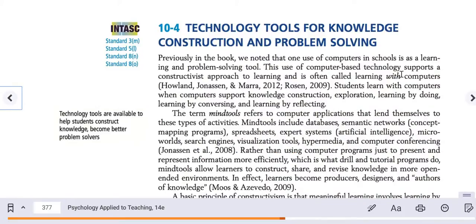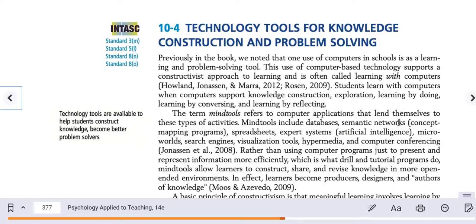Technology tools for knowledge construction and problem solving. Previously in the book, we noted that one of the uses of computers in schools is as a learning and problem solving tool. This use of computer-based technology supports a constructivist approach to learning and is often called learning with computers. Students learn with computers when computers support knowledge construction, exploration, learning by doing, learning by conversing, and learning by